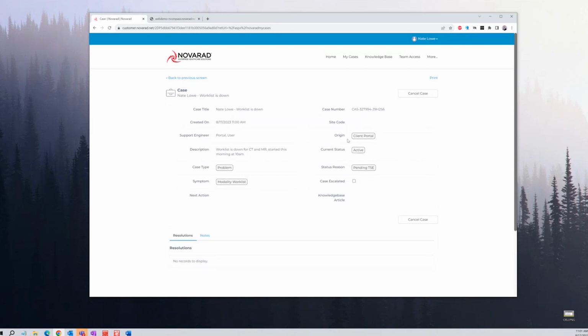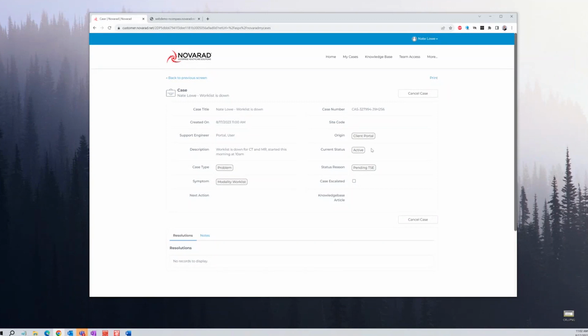That's your site code, the origin, meaning that it was open in the portal, and that brings up something very important. You can see cases here in the portal, even if they were opened by a phone call or an email. So that's what that origin would be for. It would let you know how this case was opened.